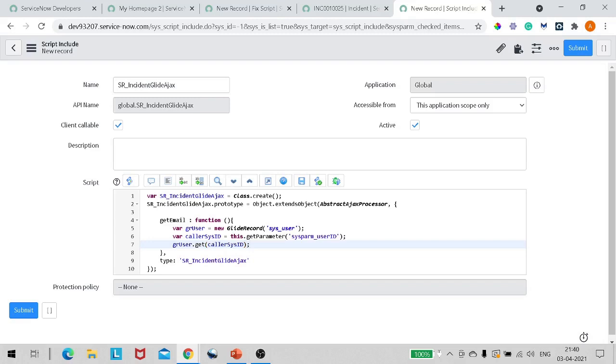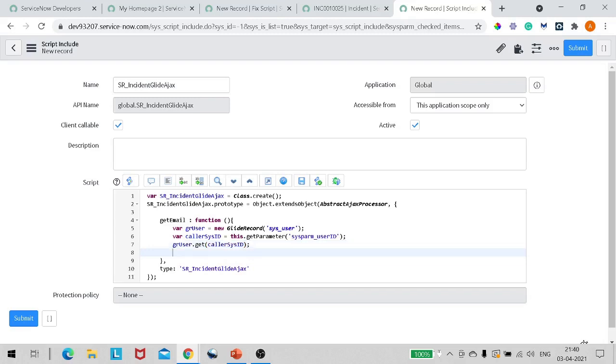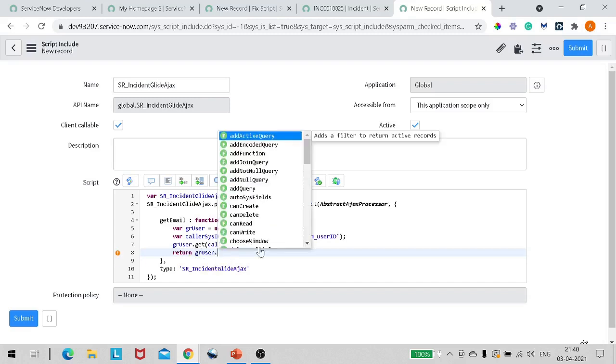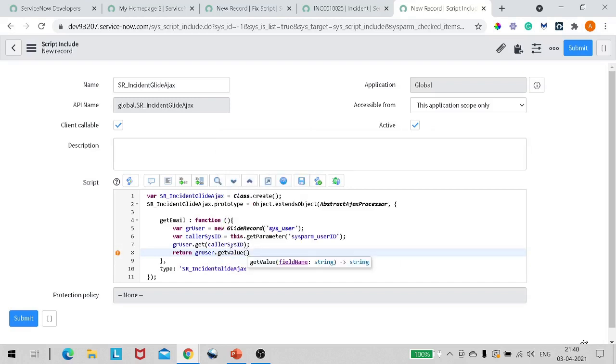Now I will simply return gr user dot get value of email. That's all you have to do.